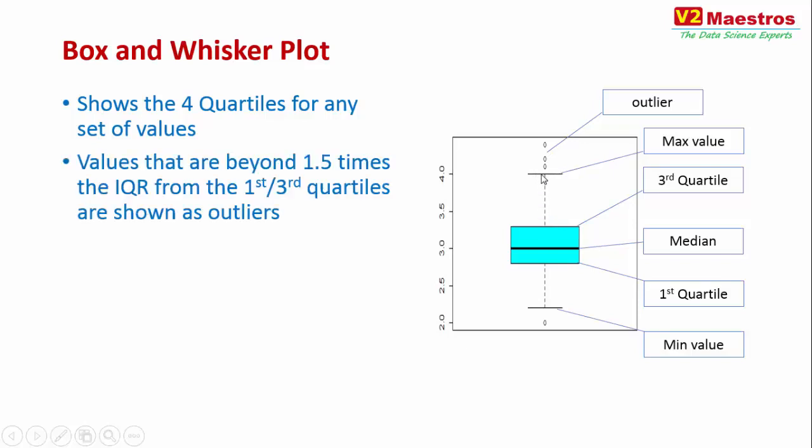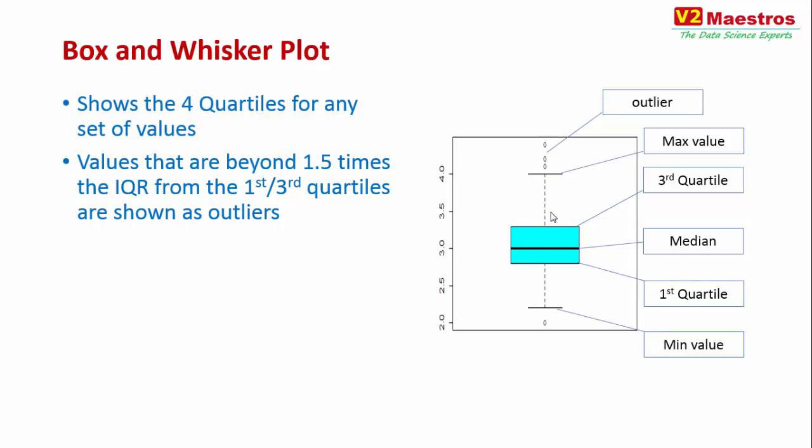Now, one of the adaptations that the box and whisker plot does is, when it is trying to show the minimum and maximum values, it tries to make sure that the minimum or maximum is within 1.5 times the interquartile range. The interquartile range is the distance between the top and the bottom of the box, and it makes sure that the distance between the max and the line at the top is within 1.5 times the interquartile range.